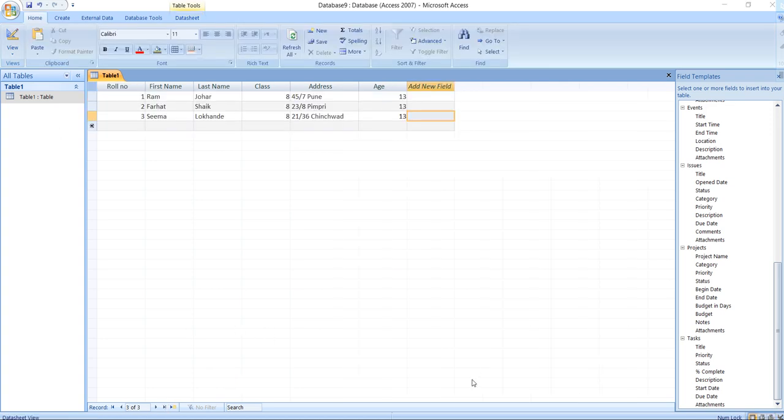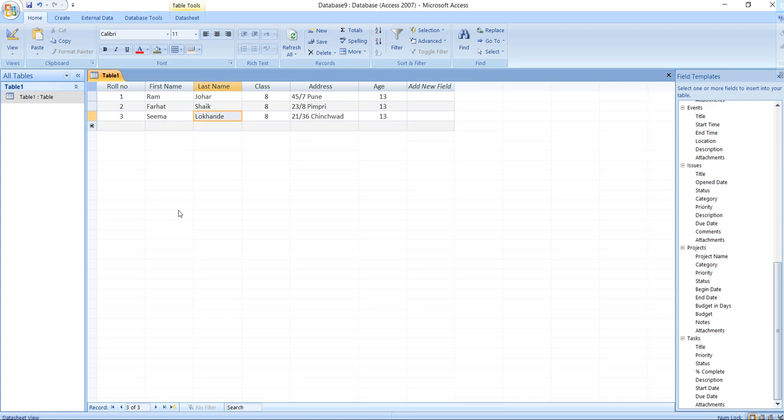Students, these are the entries I have done: roll number, first name, last name, class, address and age. So these fields I have entered into my database.